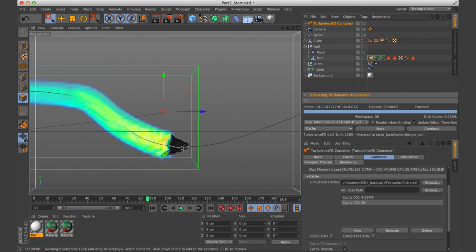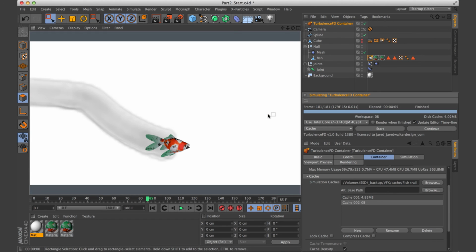Yep. As you can see, it's not coming off the front at all. Now it's just coming off the back. And so that's an easy way that you can just pick and choose where you want the ink or the smoke to emit from. So now what we're going to want to do is go back and change some settings around so that we can make the trail actually look good.